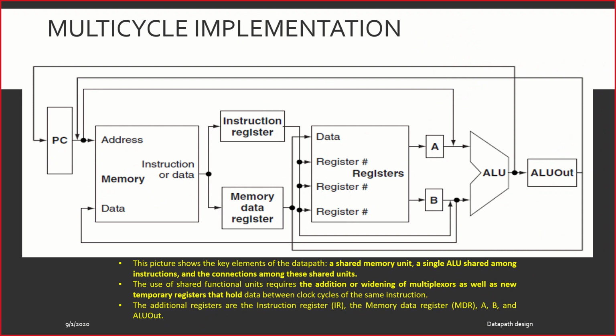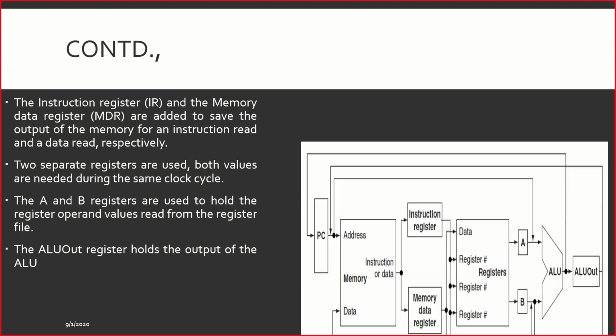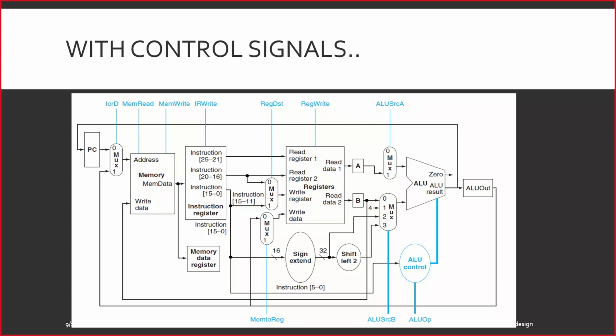With this I close for the day. Tomorrow we'll go ahead and learn how exactly the multi-cycle design works. How do we compare it with single cycle design? I mean, the data path that we have learned till now is all called single cycle design. How exactly we can draw a comprehensive multi-cycle data path like this.